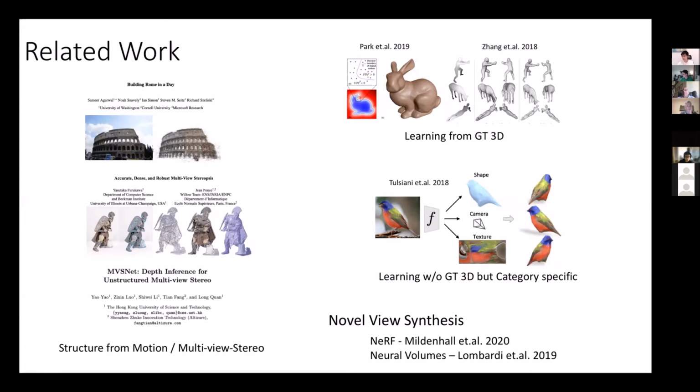When I started my PhD in 1980, there were already stereo algorithms which people were developing at Stanford. Now this learning from ground truth 3D is what has been very common in the last 5 years in the neural network era. So you start from something like a ShapeNet kind of model, you have some views and you try to learn the ability to 3D-fy from a single image. But the problem with this is too much supervision, and this is unnatural supervision. A child doesn't have access to CAD models.